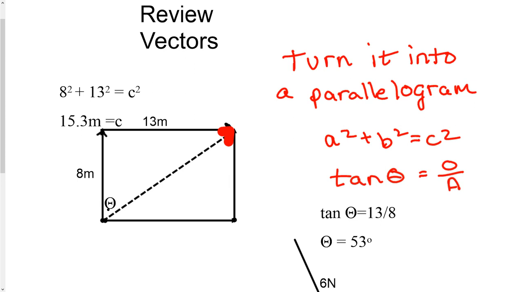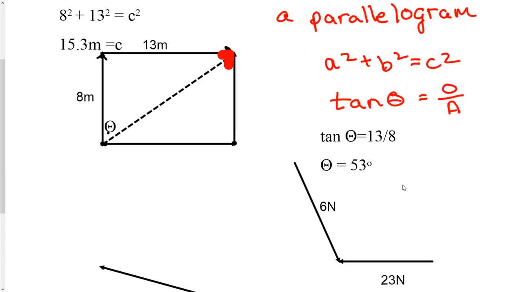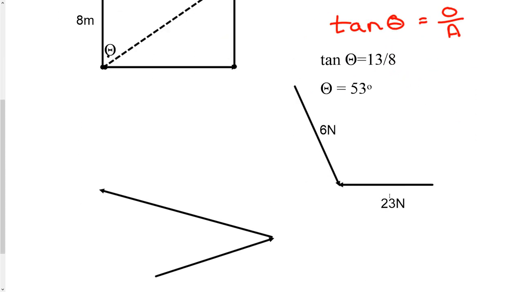So I solved the tan of theta, 53 degrees, and I solved the hypotenuse using a squared plus b squared equals c squared, 15.3 meters. I will remind you with solving for tangent or any of the trig functions, make sure you are in degree mode. So if we try one that's a little bit harder,